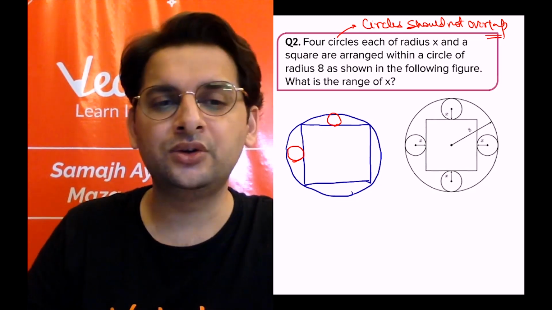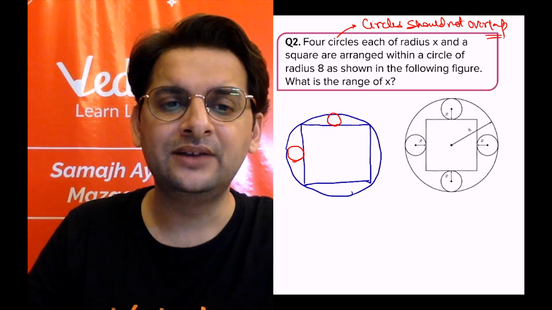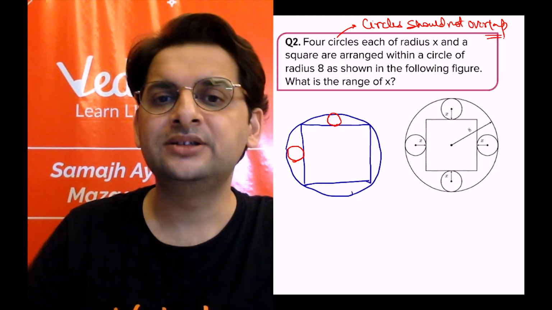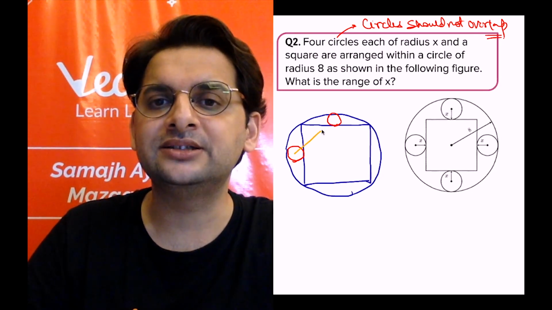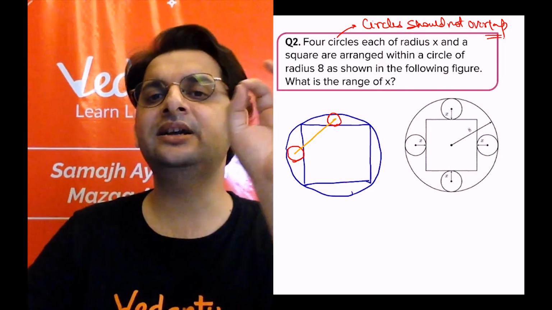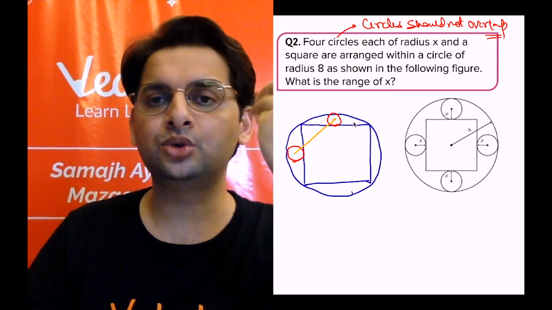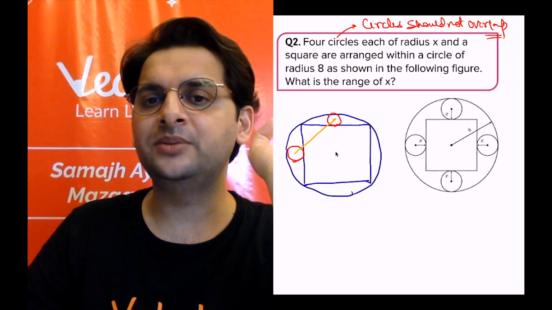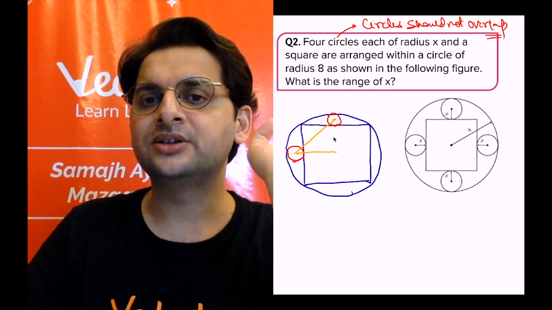So all we have to do is, two circles are involved. Whenever two circles are involved, just join center to center distance. That is it. One thing to keep in mind: join the center to center distance whenever two circles are involved, and your work will be done. So how do we do this?